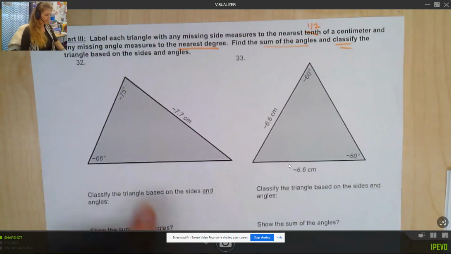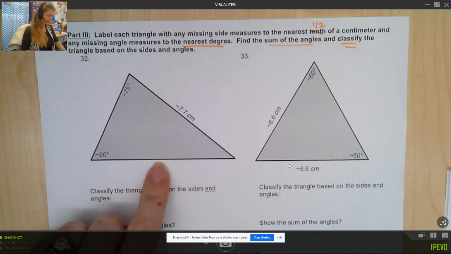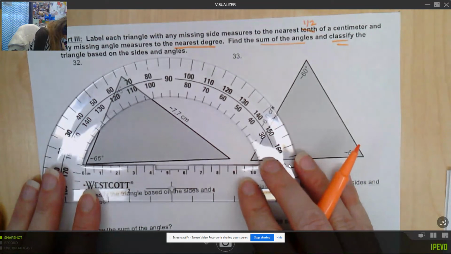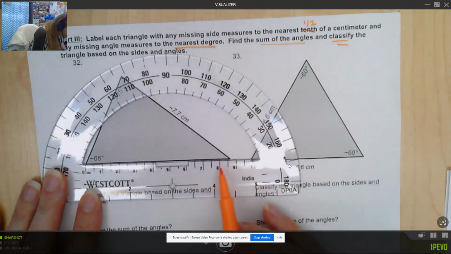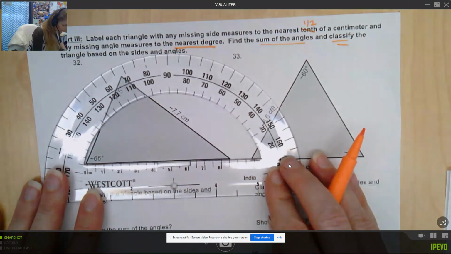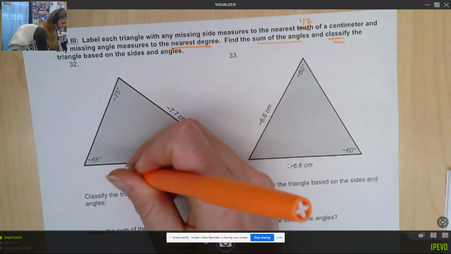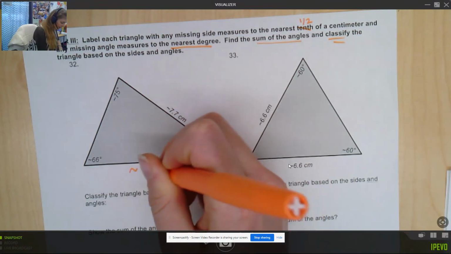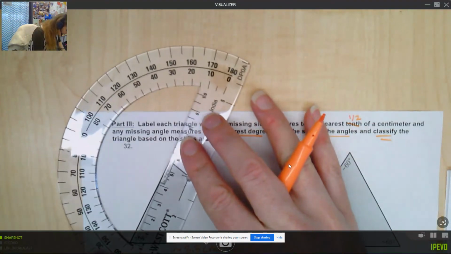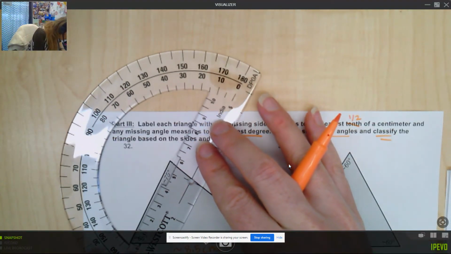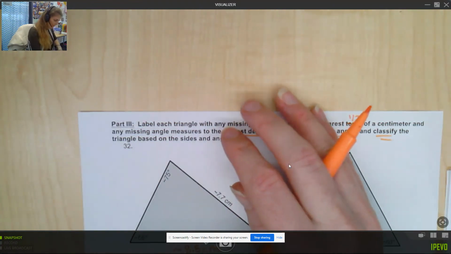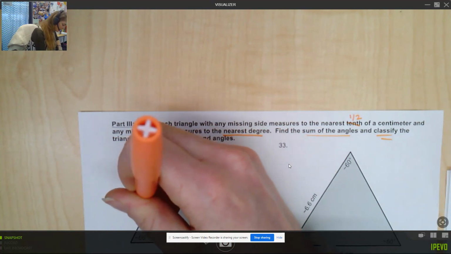So if I take a look at this first one, to fill in the missing side lengths, I need to find the base and this side. So always line up with your 0, and it looks like this is a little bit more than 8.5. But if you just kind of move it over, it looks like it's exactly 8.5. So I'm going to call this about 8.5 centimeters. So this is an approximation symbol. And again, since we are just kind of approximating, it's not exact. We want to communicate that. And it looks like this next one is close to about 5.5 centimeters,